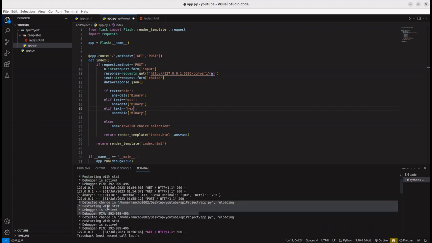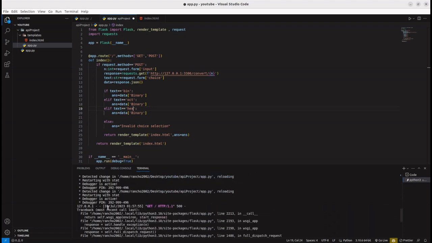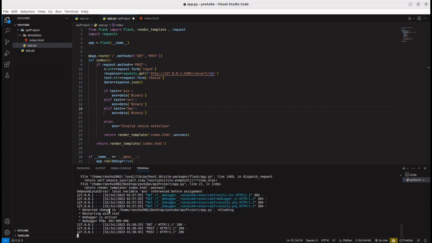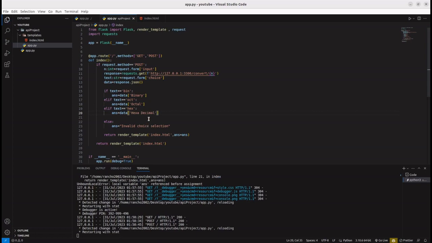I guess the keys are, we have our keys right. Let me check. Yeah, I got it. It's octal and hexadecimal, right? So octal and hexadecimal. Okay, and